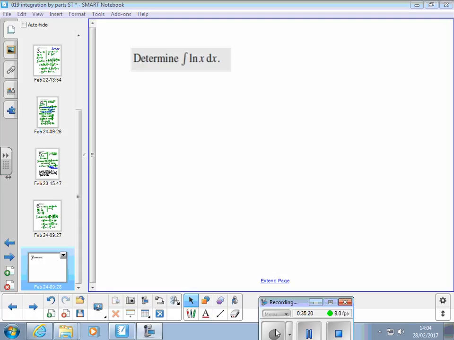It's not in the standard table, the integral of the natural log of x. Pretend there's a 1 in front of it. So we could write that as one times ln x dx. Then what would we do? Off we go then. Let u